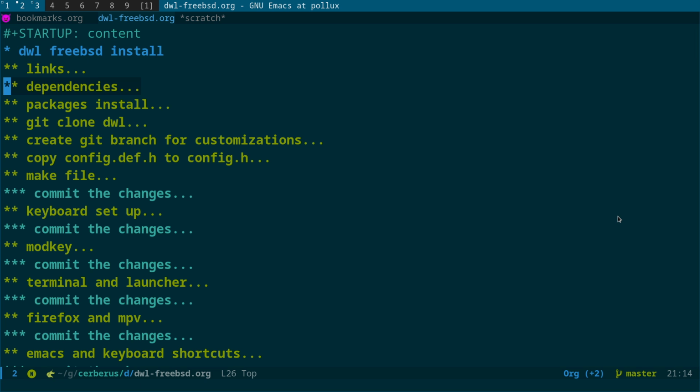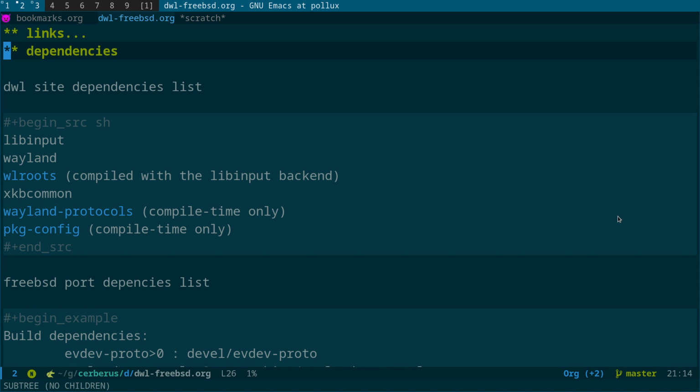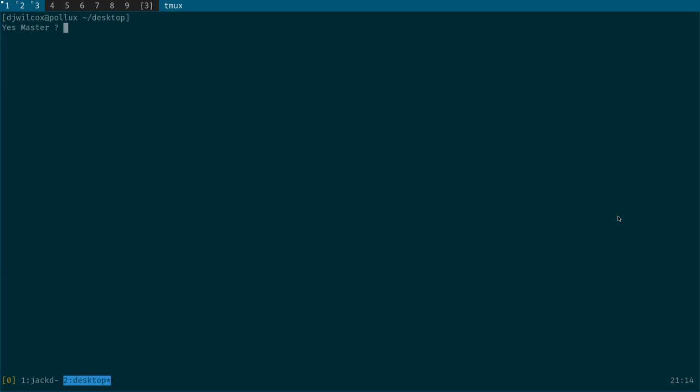So first of all is the actual dependencies you need. The dependencies for this are libinput, Wayland, wlroots, xkbcommon, wayland-protocols, and pkg-config. So what I'm going to be doing is actually building this on FreeBSD, and there's a couple of steps you need to do to get this working on FreeBSD. And a shout out to Charlie on the FreeBSD forum who actually gave me a few tips to get this working. Now there is a DWL package